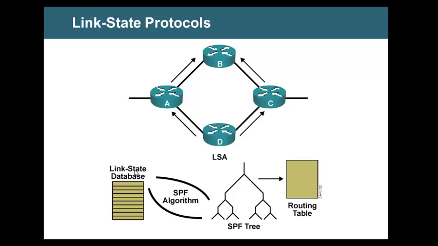So first the init state, two-way state, ExStart state, and only then this sharing of update, exchange state comes, LSAs comes. That's a very good understanding. The DR is what the election process in ExStart state. If it is broadcast, DR is elected. If it is point to point, no DR, there will be master slave, and then the exchange starts. LSAs